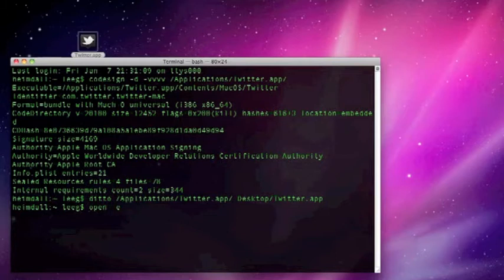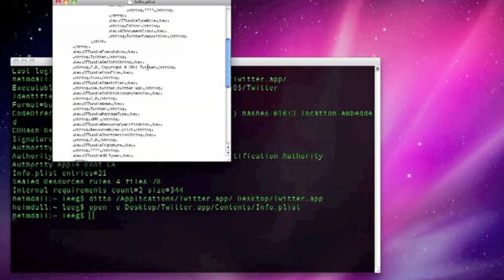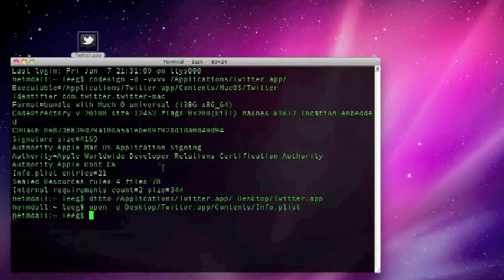Let's modify something in the info plist, which is the file that basically contains the manifest for the application and kind of describes it to the operating system. So it says here that it was written by Twitter. Well, let's change that. Let's say that a malicious monster wants to pass this application off as their own. So we've saved this modified version of the file, and that should mean that the application signature is no longer